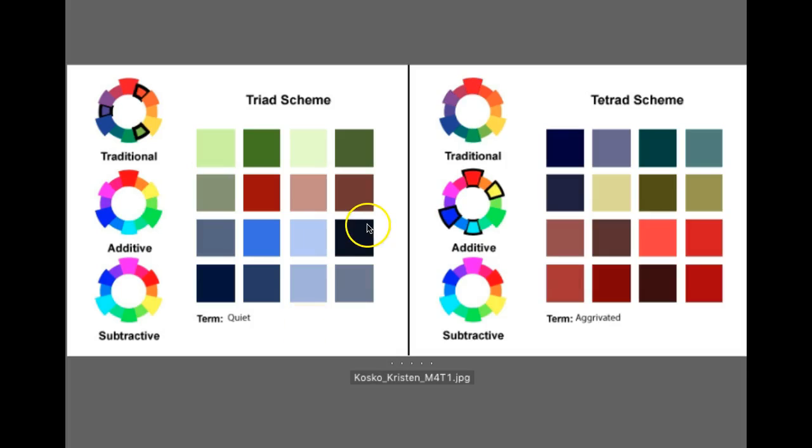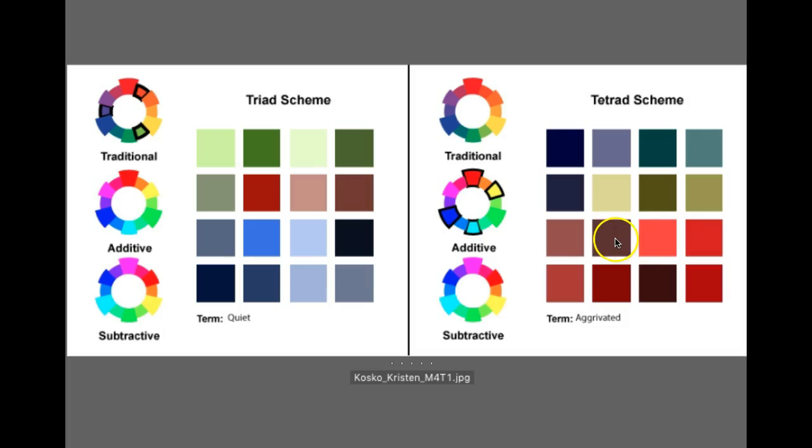Okay, Kristen. So this definitely I feel is quiet. I like the emphasis on the darker and the blues mainly. Not just darker, but in general. And also the greens will give you a lot of coolness as well. When you create the design, you can really think about the colors that are promoting that sense of quiet and how they will be the dominant colors, maybe the largest area of the design, and then you can insert just little bits of this red, this reddy orange, like little pops of color within the larger, cooler, quieter colors. So that'll be good. For aggravated,